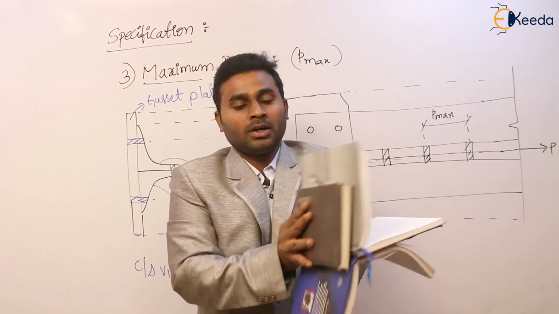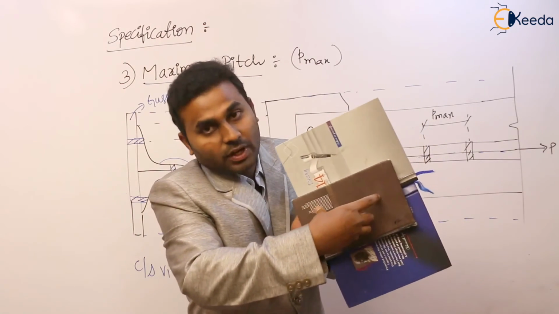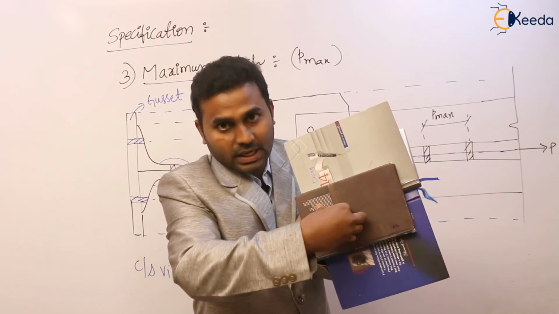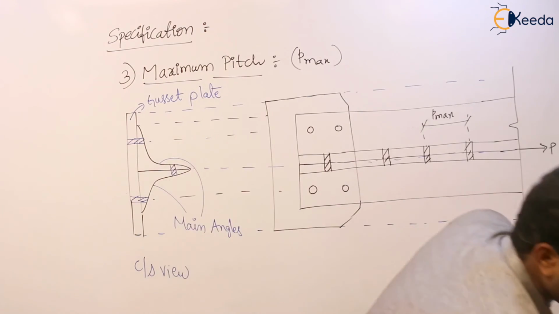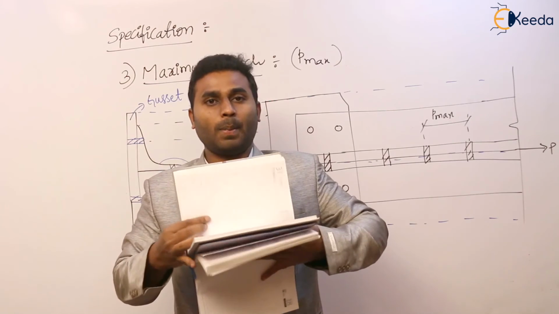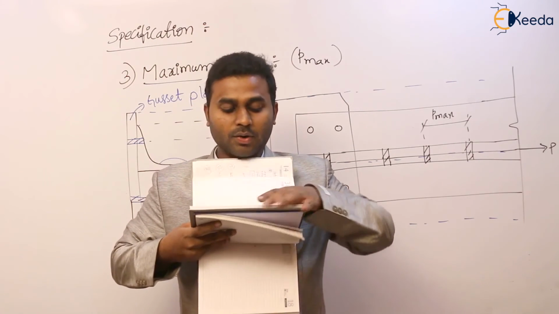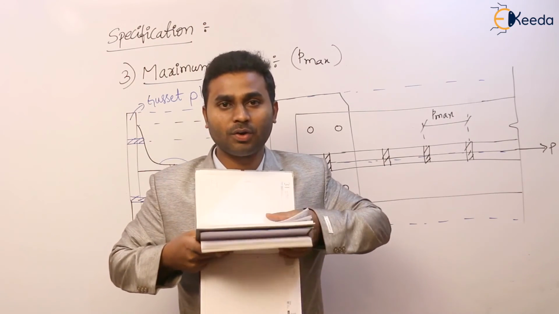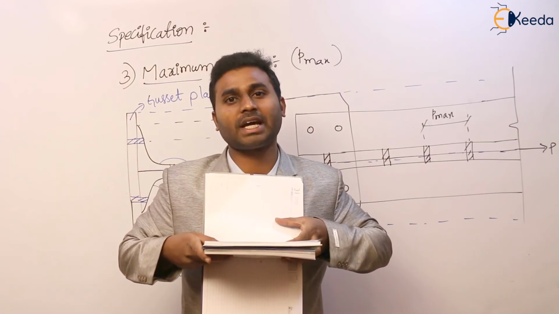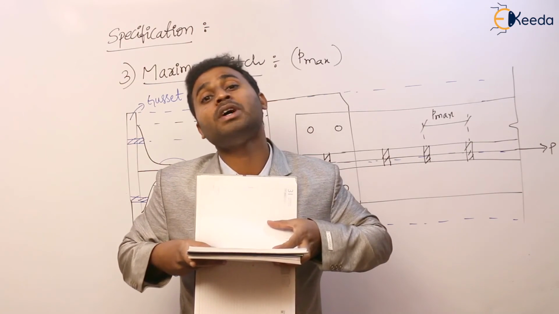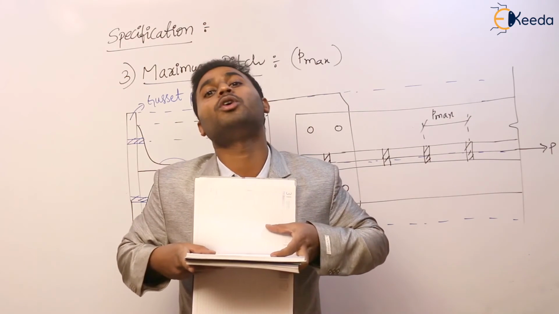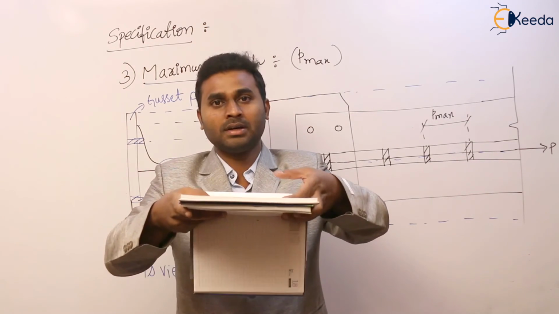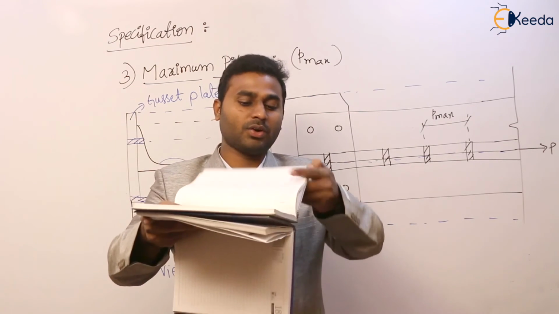So for connecting, here we are going to use structural rivets. Clear or not? Here and here. And for connecting these two angles to act like a single unit, we are going to provide tack rivets. If we don't provide tack rivets, both the angles behave individually. So to make those angles behave like a single unit, we are going to provide tack bolts. Is it clear, everyone? Yes or no? So in this way we are going to provide it.